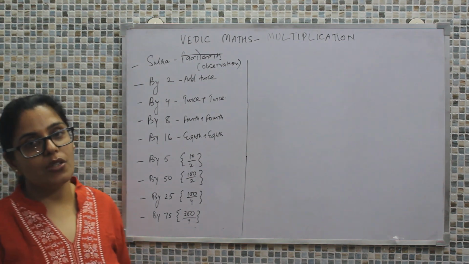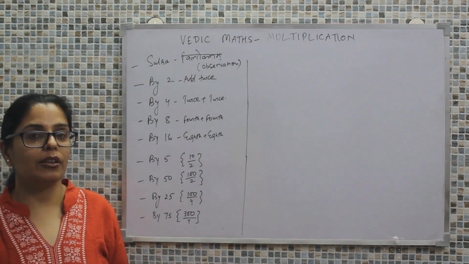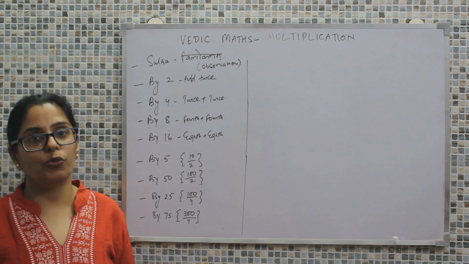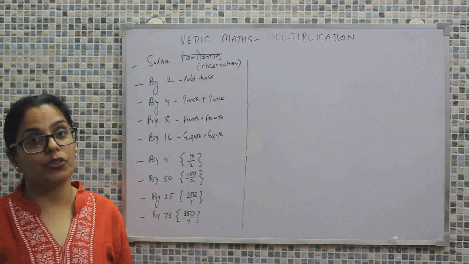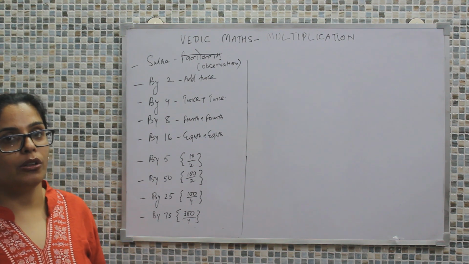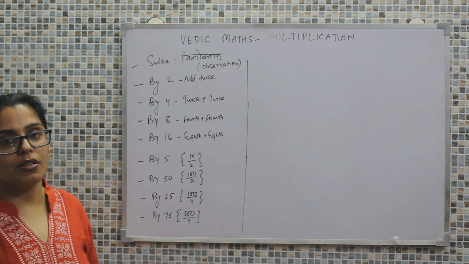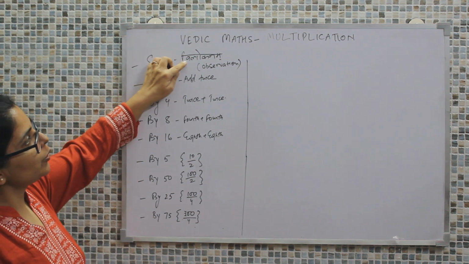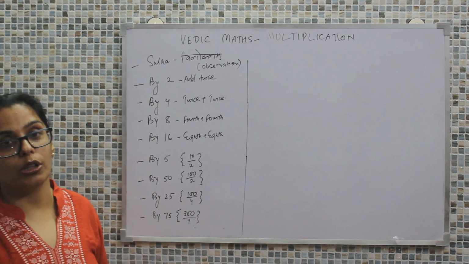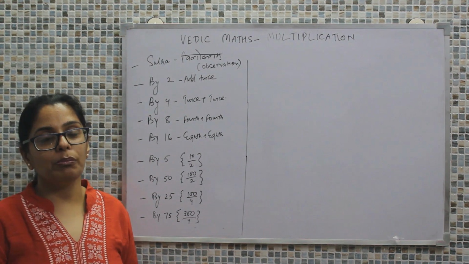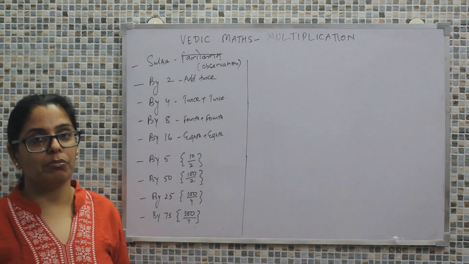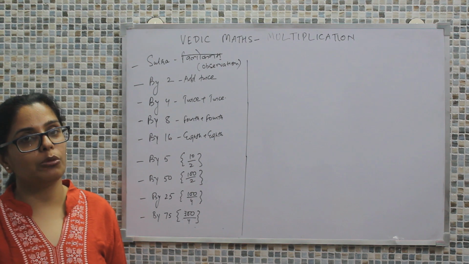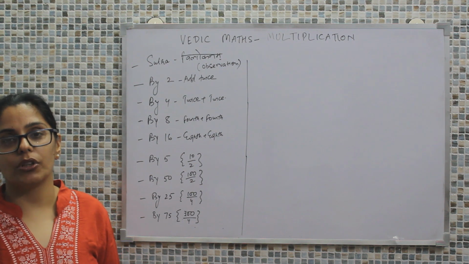Now as we move into the further discussion, we will find that depending upon the nature of the calculation and the nature of the numbers involved, we have to use different sutras just for multiplication. So here we would be taking some specific cases, and for all those specific cases, we have to use the sutra of Vilokanam. And what is Vilokanam? Vilokanam means mere observation. It means that we need to understand the nature of the number, and according to the nature of the number, we have to apply that calculation.